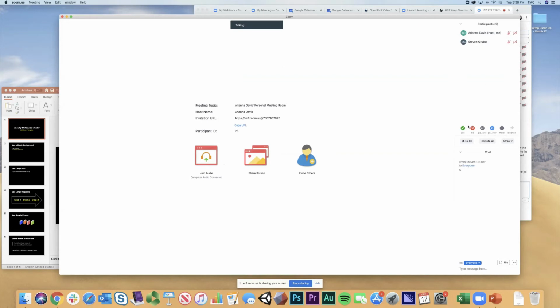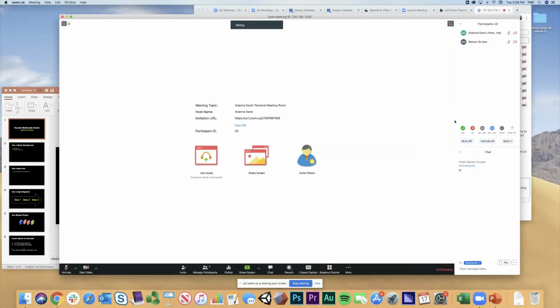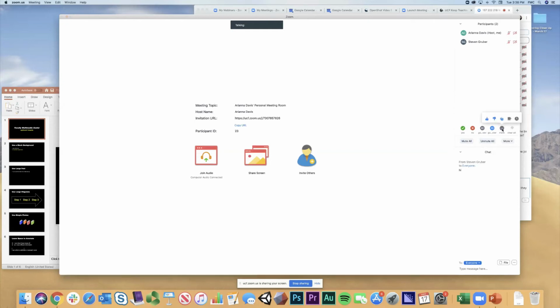I can come down and at any point mute all of them, or I can unmute all of them. If you have a smaller class, you might be okay with just managing that by participant, but if you have a very large class, it might be beneficial to use these buttons here. Students have the ability to raise their hand and get your attention through different things. So if a student actually did that, you would see it come up